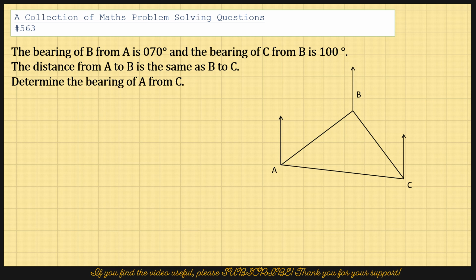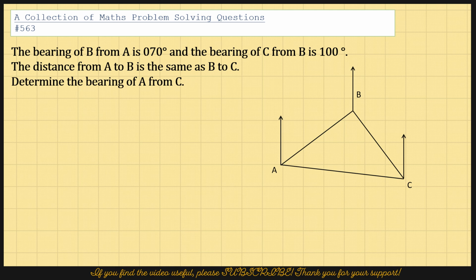The bearing of B from A is 70 degrees and the bearing of C from B is 100 degrees. The distance from A to B is the same as B to C. Determine the bearing of A from C. So according to the question,